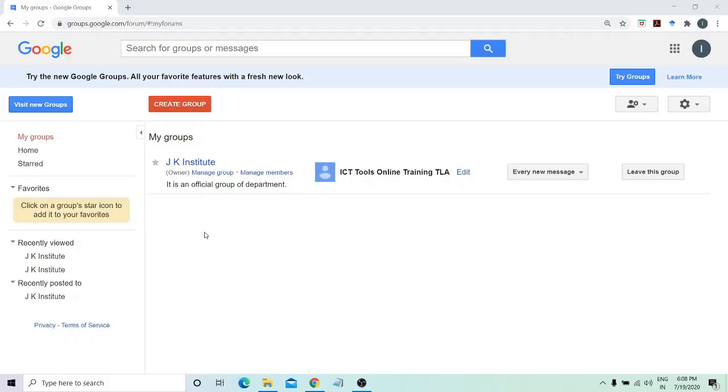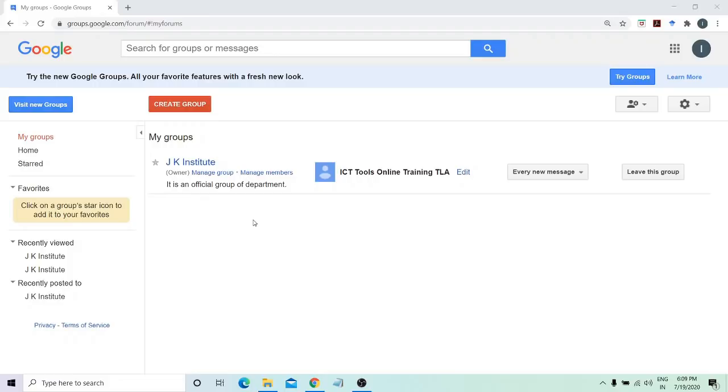So mail composition in Google group is very similar to mail composition in Gmail, and you can always send mail to all the members of the group, and anyone from the group can reply to the group ID that will be visible to all. So in this way, that provides a transparent and visual communication among the members of the group.